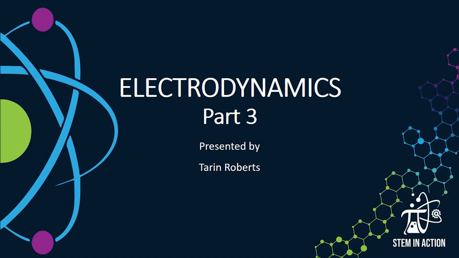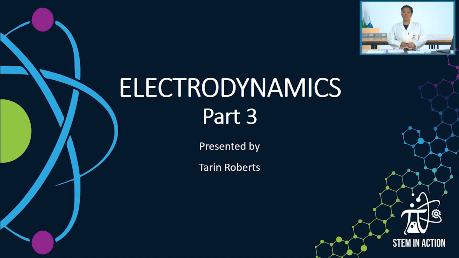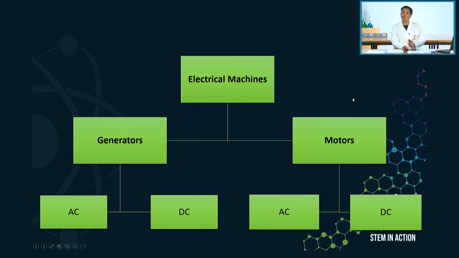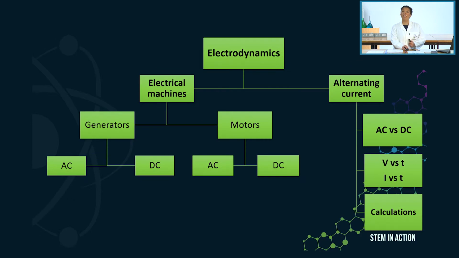Today we'll be looking at part 3 of electrodynamics. The topic of electrodynamics covers electrical machines as well as alternating current. In part 1 we looked at AC and DC generators. In part 2 we looked at AC and DC motors. Therefore, to complete our entire topic of electrodynamics for grade 12, we need to now consider the section called